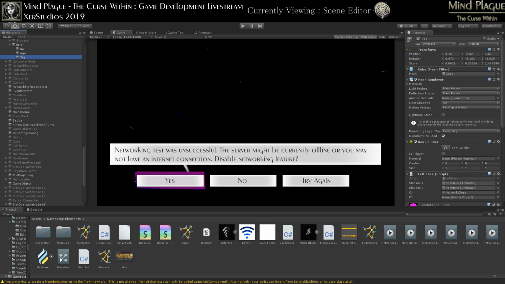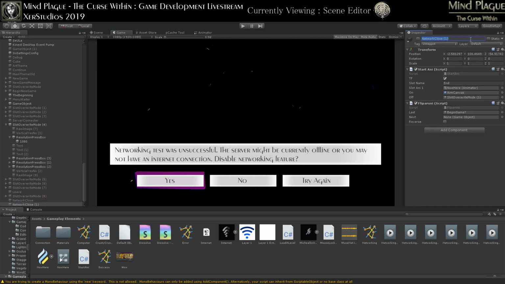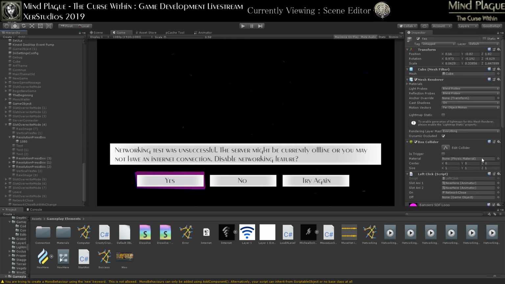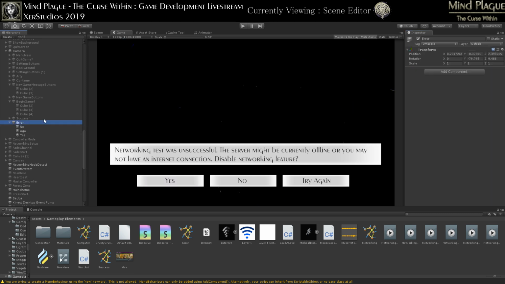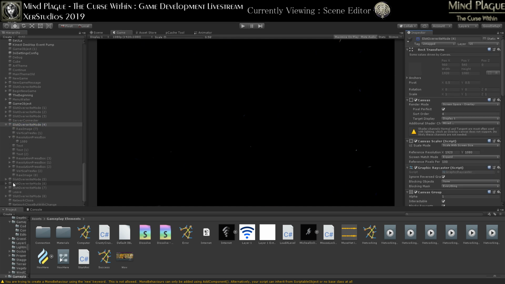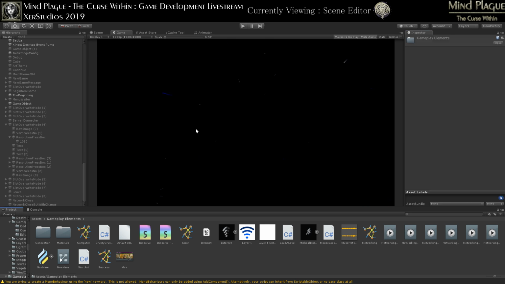Perfect. Alright, now what I'm going to do is have it so that it opens up another network close, but with change. I'm going to have this go directly to this, right there. I'm going to disable mesh render because we don't need it. Now I'm just going to disable everything that we don't need. There, close but with change. Now what we need to do for this is add a script or create a new script. Unless I already have a script, probably don't. So I'm just going to create a new one